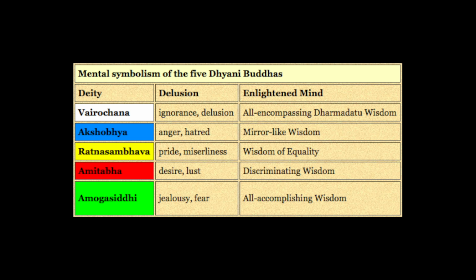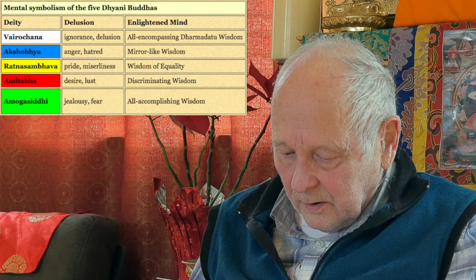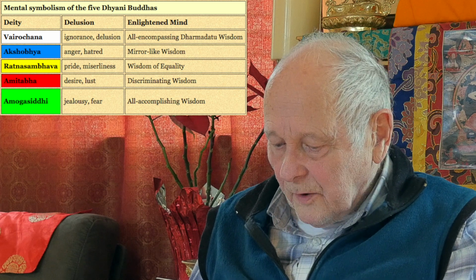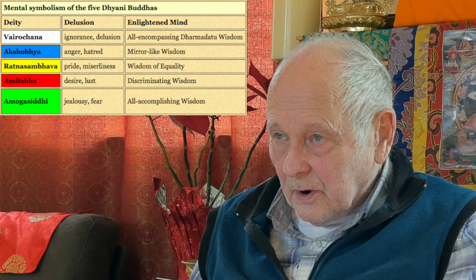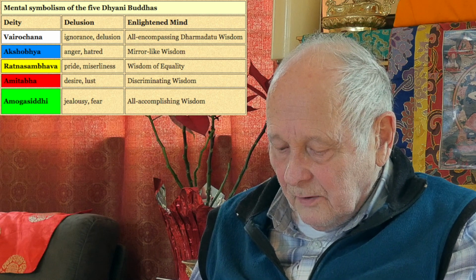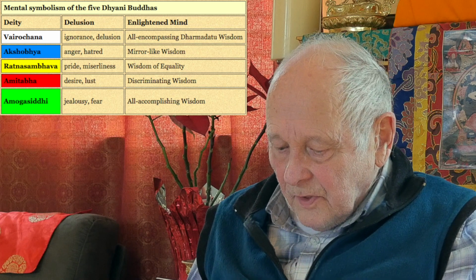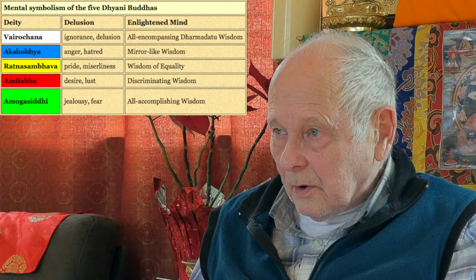So Vairocana has ignorance, and again, the ignorance transforms into all-encompassing Dharmadhatu wisdom. And this is the avidya ignorance, the fundamental ignorance, I think. No, it isn't. It's the moha. Anyway, one of those 2 ignorances transforms into all-encompassing Dharmadhatu wisdom. I think it's the avidya ignorance that's meant here. Then Akshobhya for anger and hatred, transmutes into the mirror-like wisdom,